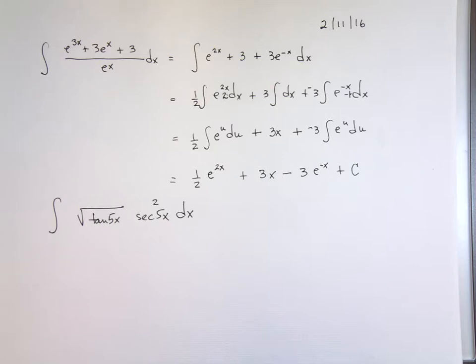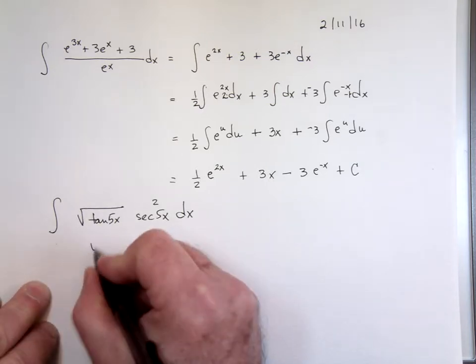We've got the square root of tangent 5x, so let u equal the tangent of 5x. du is equal to secant squared 5x times 5. Now we do need a times 5 in there, but that's the form. The form is a u to the n form. After doing enough of these, hopefully you'll be able to see that. Almost always, if you have a function of x in grouping symbols, and the square root, the radical acts as grouping symbols, that's your u. That's your u. If u is equal to tangent 5x,